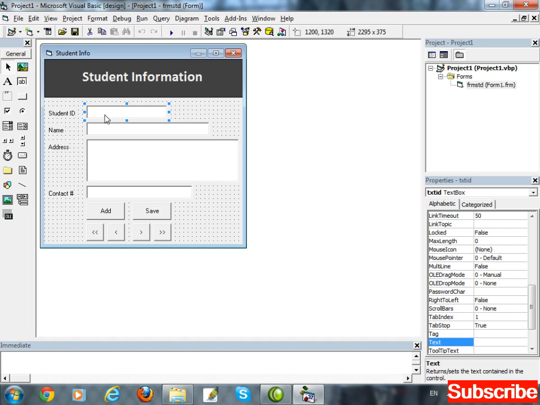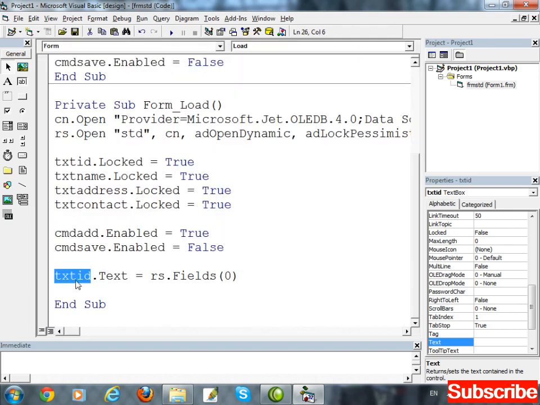So for txtId, we will assign field number 0, and that field we will get from the record set. So here you can see txtId.Text equal to rs.Fields(0). rs is basically the variable in which we have declared the record set.